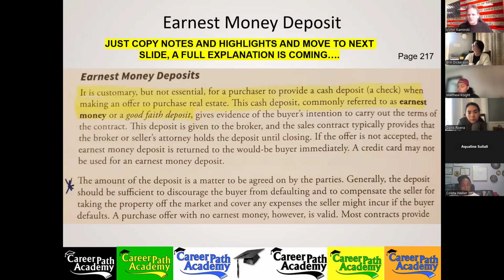That's the whole point of a good faith deposit, to show that you're not making offers on a bunch of different properties and seeing what sticks, and then you're going to walk away from the others, maybe not even respond to them. So